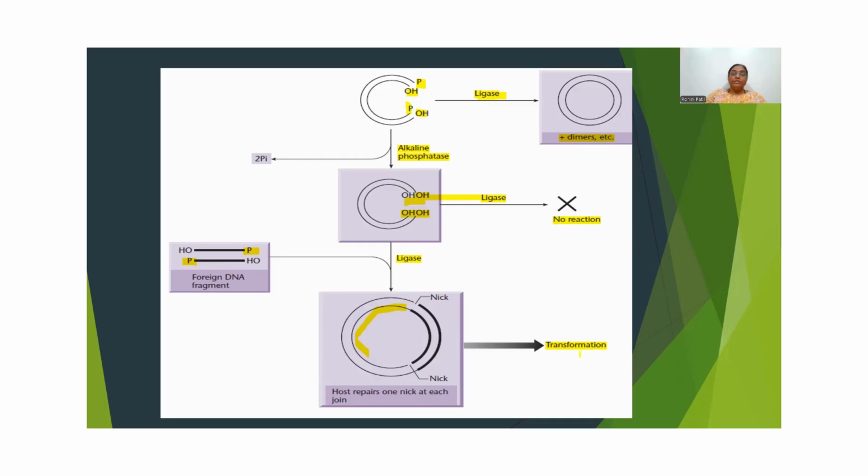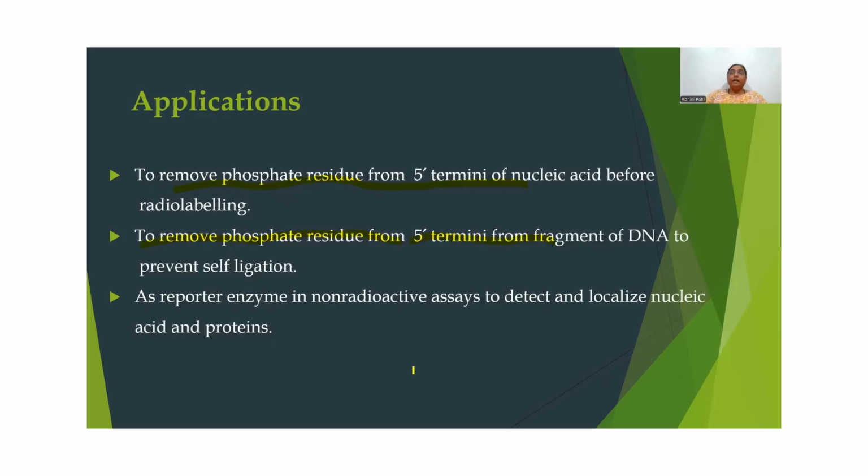When there is a transformation, these nicks are going to be sealed in the bacterial cell, as it is going to find that there is a defect in the DNA molecule. So in this way, alkaline phosphatases are used to prevent the self-ligation. Second,